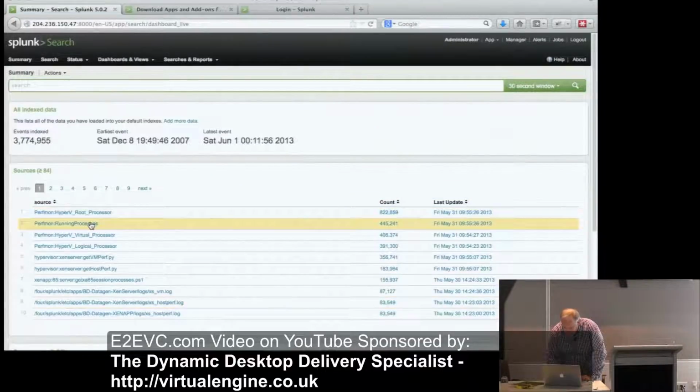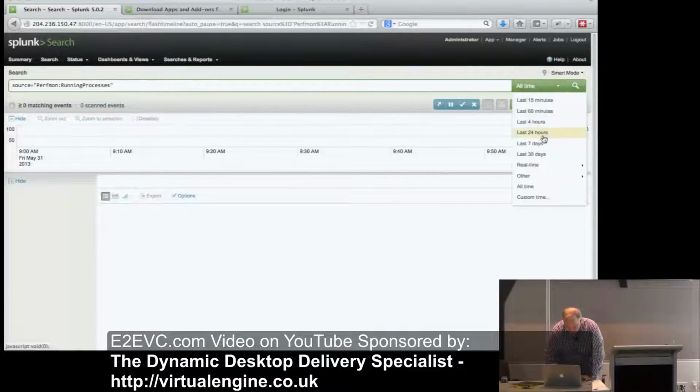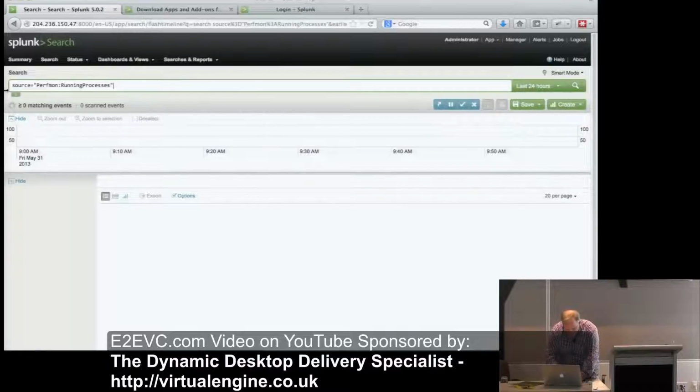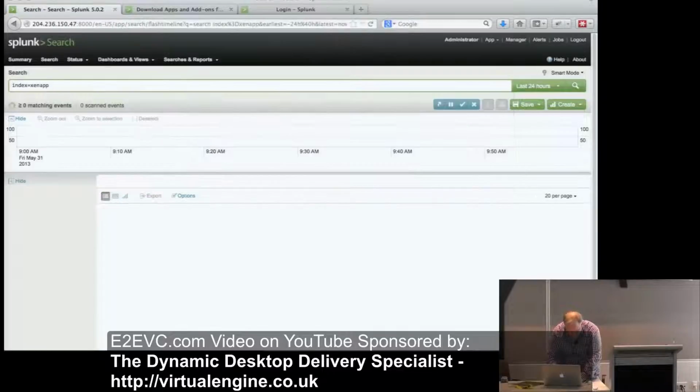Let's do this too. We'll do index equals uberagent.